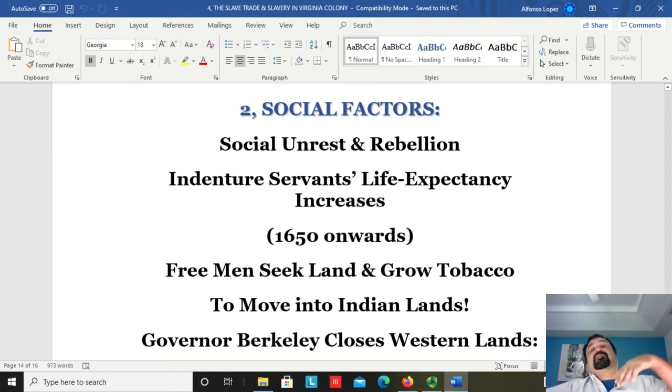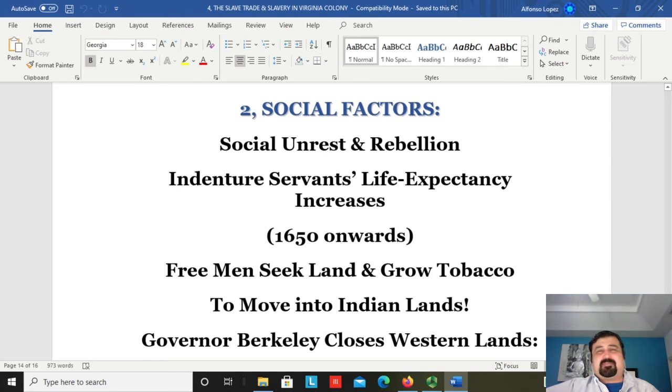They're going to be moving farther and farther away from the Bay Area. So as more planters arrive, they're going to simply move to the frontier, to the western lands, and try to clear the land and develop lands away from the swampy region, from the hot and humid environment where the mosquito abounds. So as people are getting away from that habitat where there's the mosquito and the malaria,